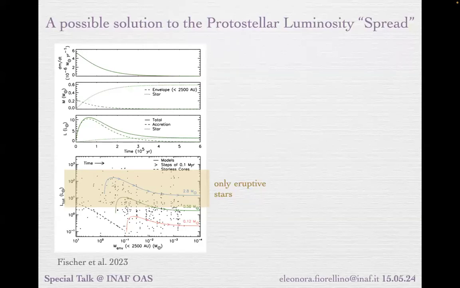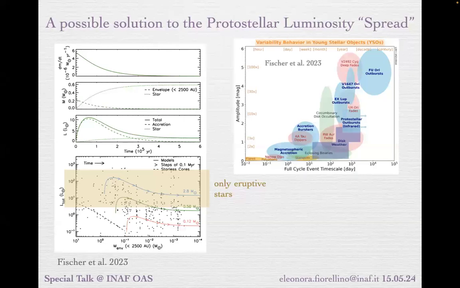And according to the models, to explain the mass distribution that we have, during the class 0 and the class 1 stage, we should have 10 to the 1, 10 to the 2 solar luminosities for most of the protostars. But those numbers are numbers that we actually see only for eruptive stars. But passing the time, we also discovered that the situation is even more difficult because young stellar objects are highly